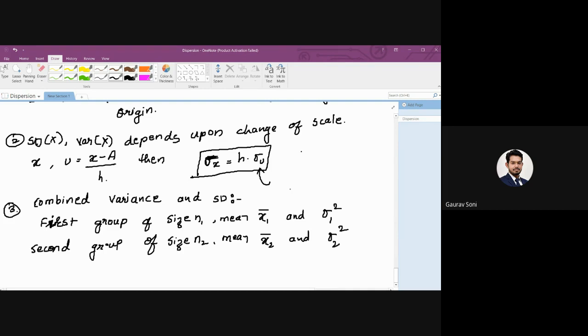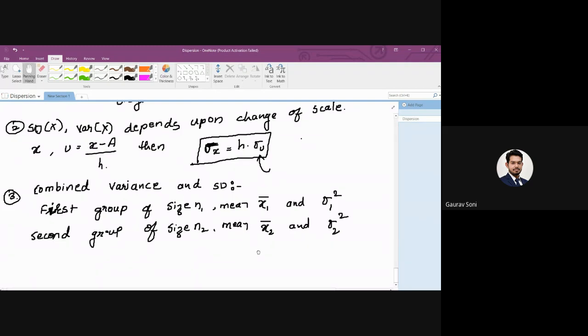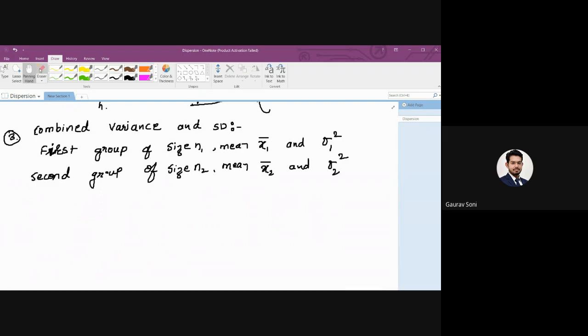Then the combined variance, I'll denote it by sigma c square, the combined variance of group 1 and group 2, is given by